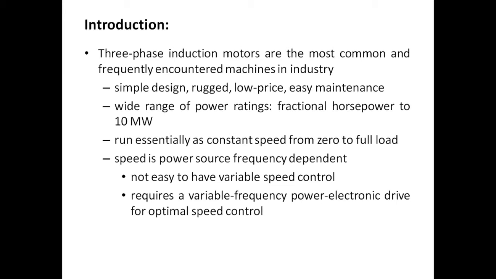In the DC motor, we can give supply to the rotating part only through brushes, commutator and armature. The armature is nothing but the rotating part. So we need to maintain the brushes and the commutator. Compared with DC motors, the induction motor is easily maintained, low priced, and simple in design.